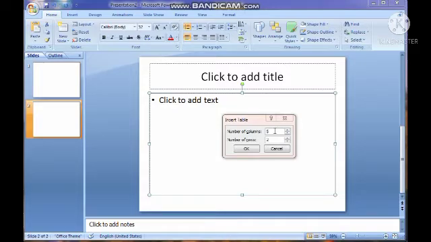You can see it already shows number of columns 5 and number of rows 2. So I'm going to remove that, and the number of columns will be 3, and the number of rows I'm going to set to 4. Then we click on the OK button.